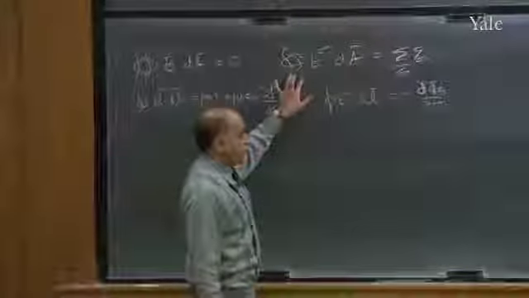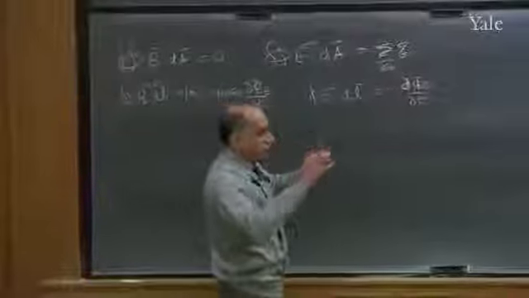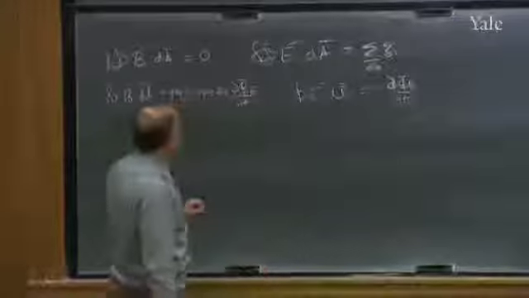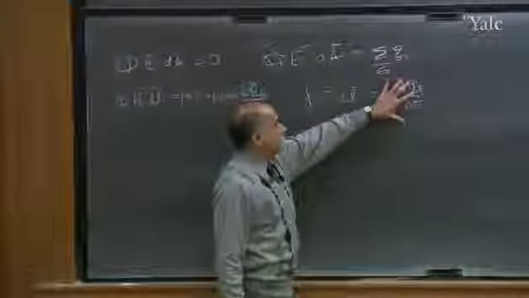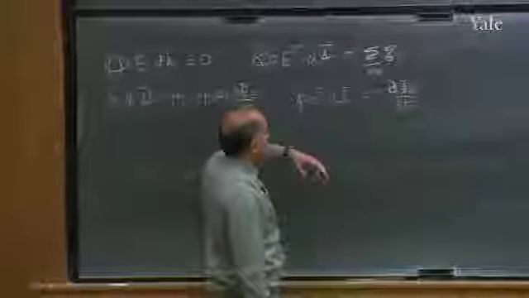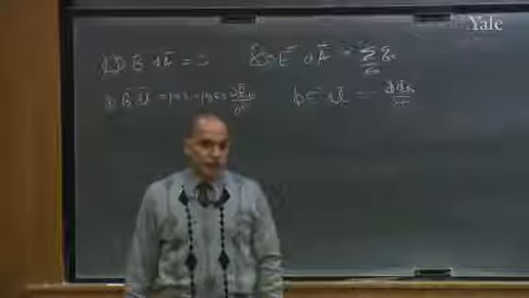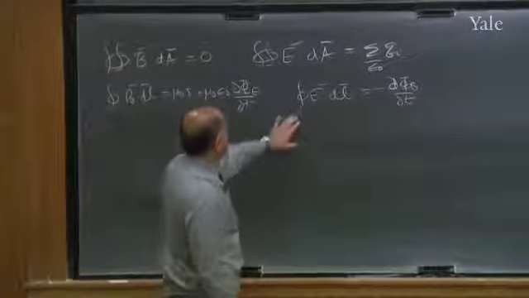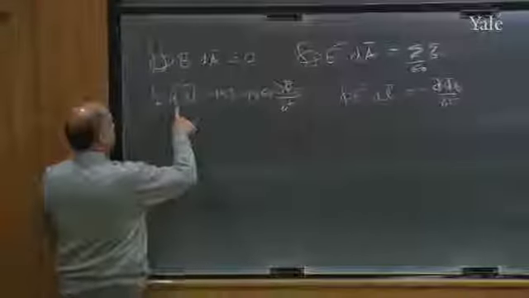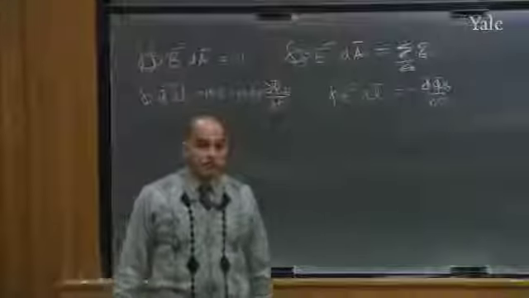This one says, yes, there are things that manufacture electric field lines called charges. They make them and they eat them. And depending on how many got in a volume, the net will decide the flux out of that volume. This one, without that, used to say electric field is a conservative field, it defines a potential and so on. But then we found in the time-dependent problem, E dot dl is a rate of change of the magnetic field. So changing magnetic field sustains an electric field. And this one says a changing electric field can produce a magnetic field. In addition, a current can also produce a magnetic field. This is what we have to begin with.